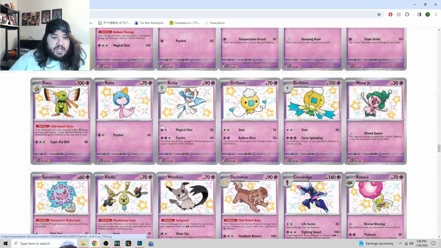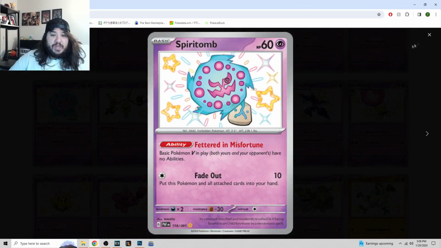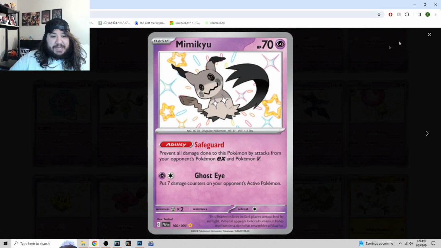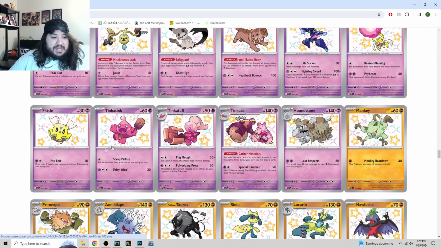This one is shiny. Got a Ralts, Curly, too bad, the bad ones. Drifloon, Mr. Mime. Got the Spiritomb. Ooh, that looks pretty cool. I like that Spiritomb artwork. Klefki. Ooh, look at this Mimikyu. I like that it's black and white. That looks pretty sick. Dashbun, Celeridge, Rapska, Flittle,